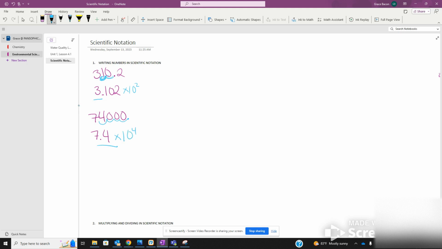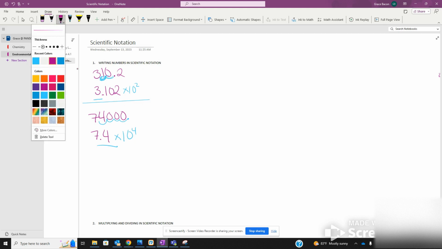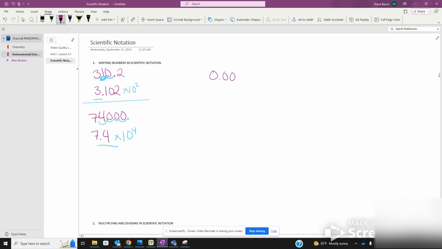Now, we also mentioned really small numbers. Just kind of want to separate these. So we also mentioned we could use really small numbers here. So what if we think about the other direction? Let's look at a really small number. Okay, now I want only one digit in front of my decimal. So that means I want my decimal to get to here. So I want this to look like